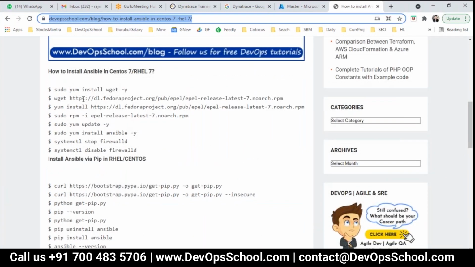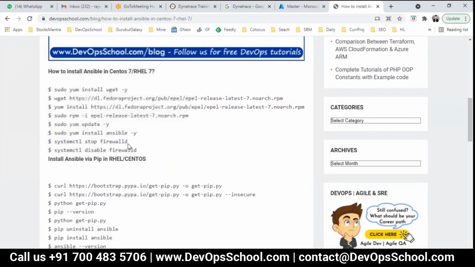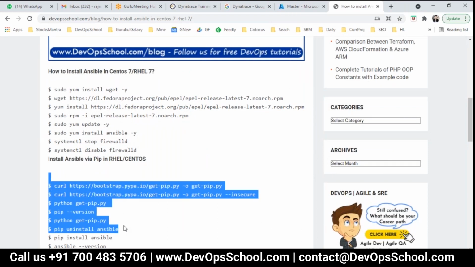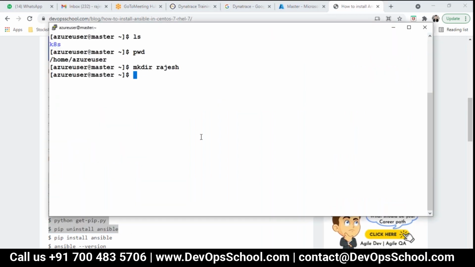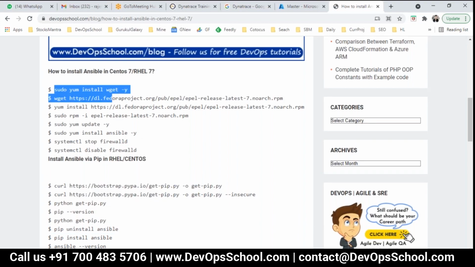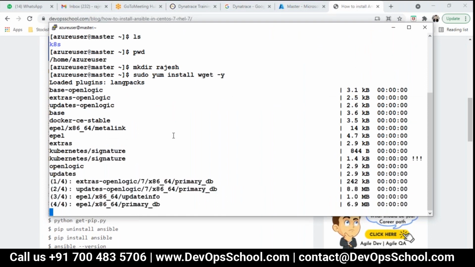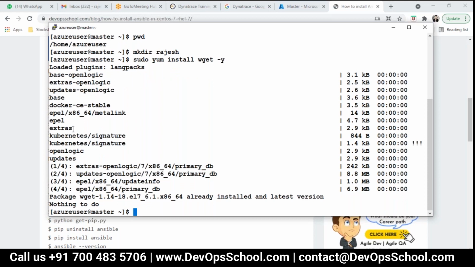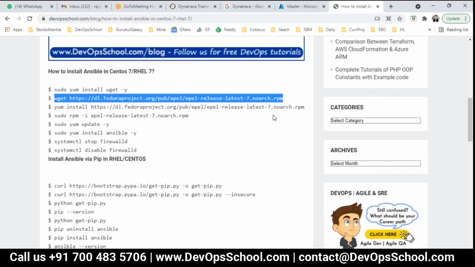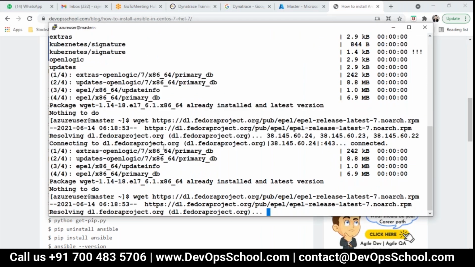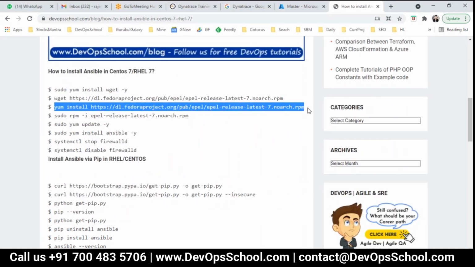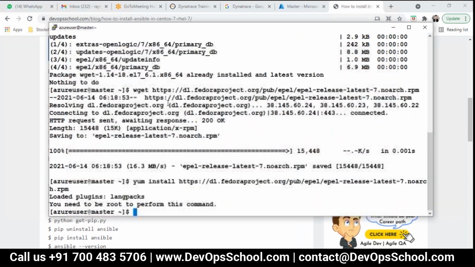So see here, this is a command you can run using yum. These are the commands for the Python based. If you use pip and all, you can also try it out. Okay, so let's get started. First thing, I'm going to install wget -y in front of you. I'm running all these commands blindly. Now I assume that because we are doing server configuration management, all of you must be pro in Linux or at least well versed with Linux. That way it will help you understand all these commands efficiently and in the fastest way.